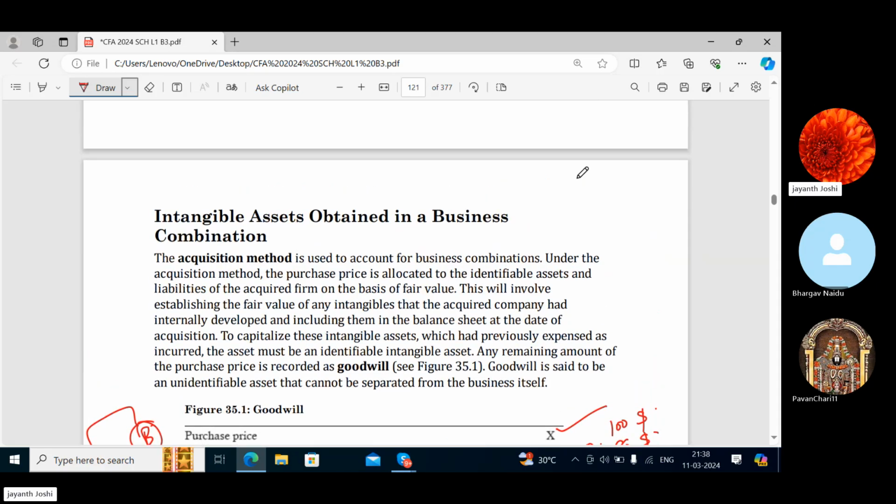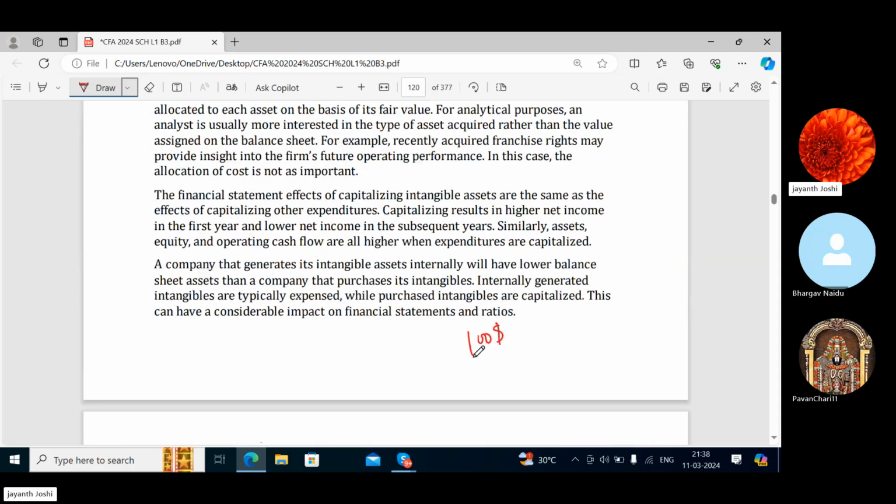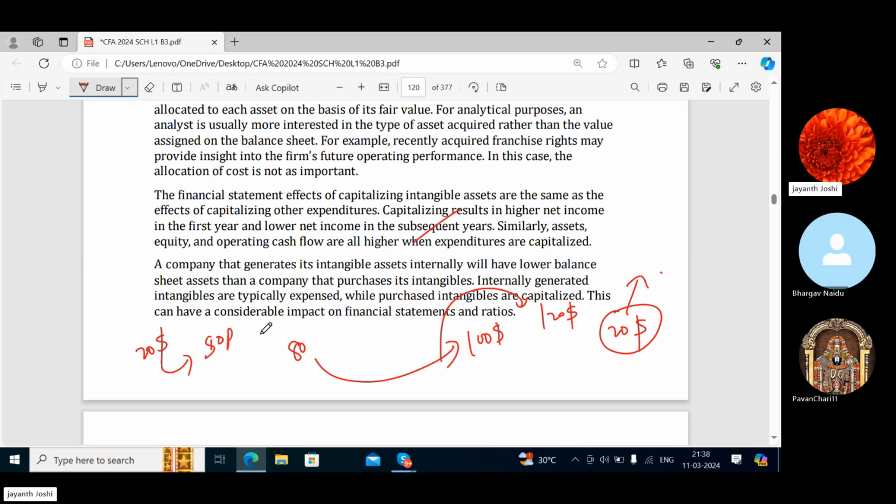And you already know goodwill, if at all $100 is the value of the company and we are paying $120 to buy that, $20 is goodwill. And this should be shown as an intangible asset in the balance sheet. If we are paying $80, there is a negative goodwill of $20, which is a one-time gain, should be going in the SOPL. And any kind of gain you've got, you have to show in the income statement, and you have to adjust the asset value in the balance sheet. Okay. Here also you have to adjust the value of the asset in the balance sheet. You have to show at $120. So one treatment always in the balance sheet and one treatment always in the statements.